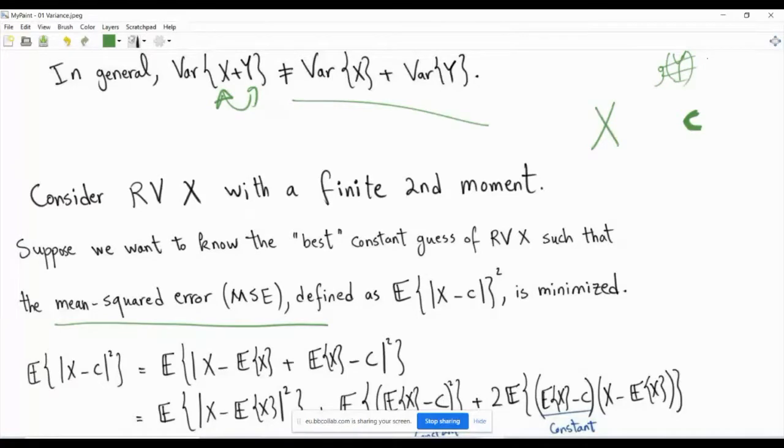Now, x differs from c, so there is a difference between the two. You can think of it as the guessing error or the estimation error. It's the difference between the true thing and your estimate, your guess. Now, how can you minimize the error? You need to write a functional of the error. You need to express the error in some way that is manageable.